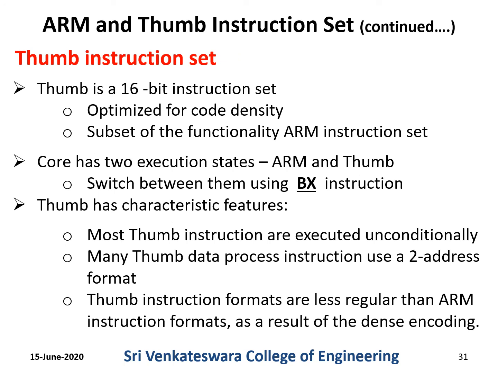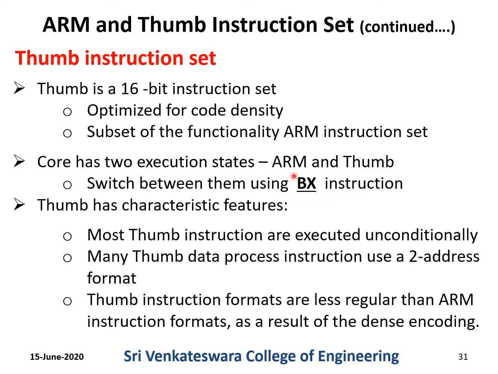Next, let us see some more information about the thumb instruction set. Thumb instructions are 16 bits in size. Because of that, the code density can be improved, and also thumb instructions are a subset of the functionality of the ARM instruction set. We know that the processor can switch between two states, that is, it can execute ARM instructions as well as thumb instructions. So to switch between the ARM state and thumb state,